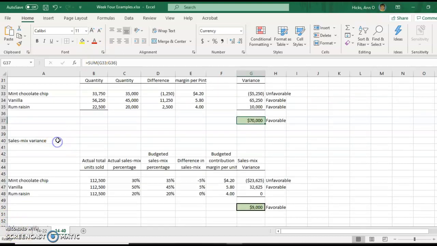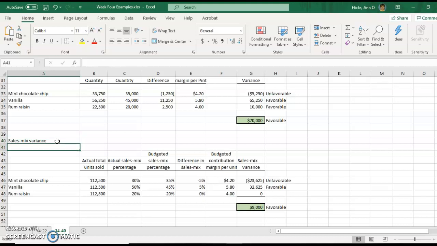Now, the sales volume variance can be further broken down. Notice we have 3 different types of ice cream we're selling. That variance may arise because we literally sold more or fewer units, pints in this case, than we had originally planned, or it may be because the sales mix was different. And those two things are different. We want to look at them differently. And so what we're going to do first is calculate the sales mix variance,